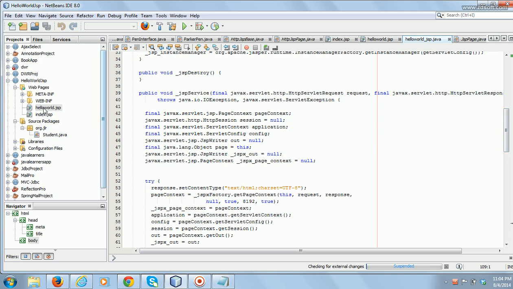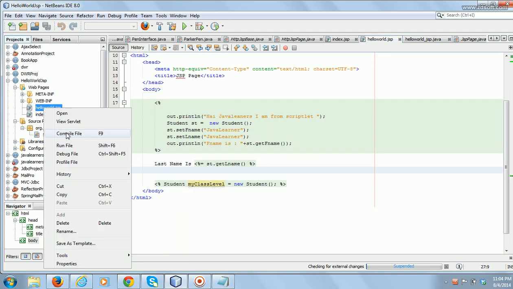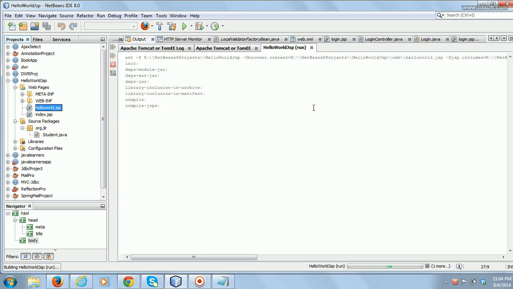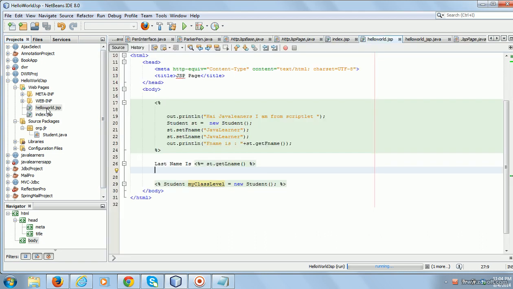What I will do is I will run again. Maybe it's not converted again. Observe where this myClassLevel reference variable is in the generated .java file or the servlet.